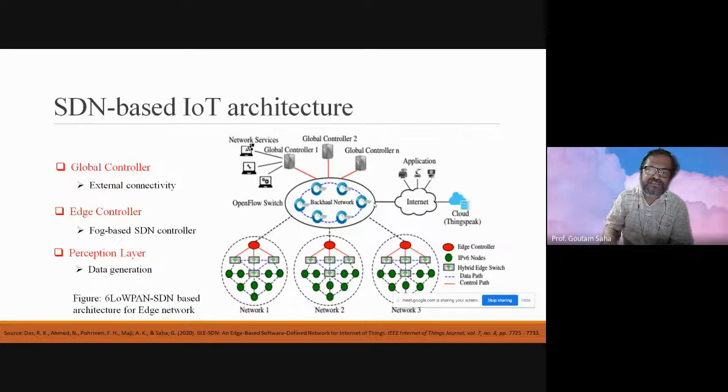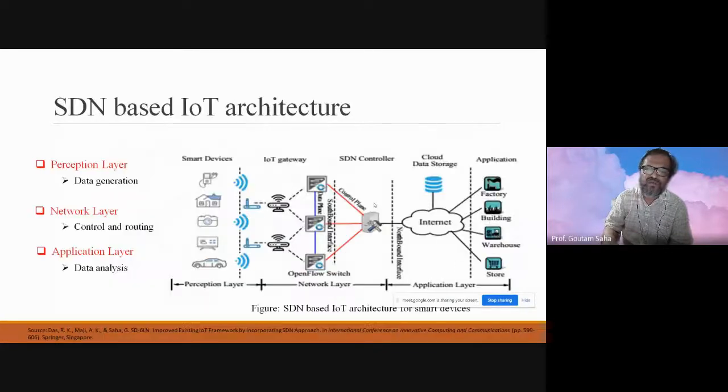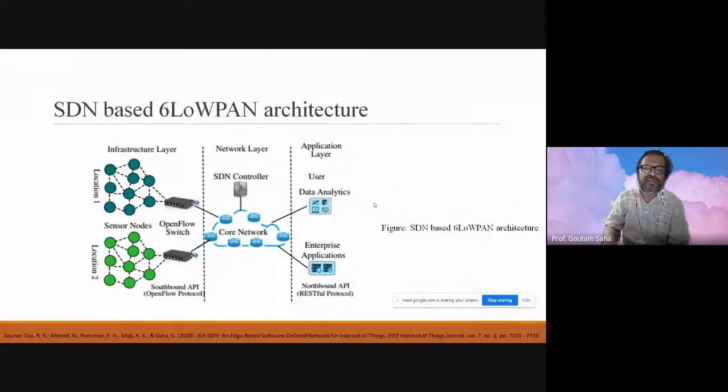Now, next, after doing this, we have come to the next version, the 6LoWPAN architecture. We have introduced 6LoWPAN, a very famous IoT architecture. So there,